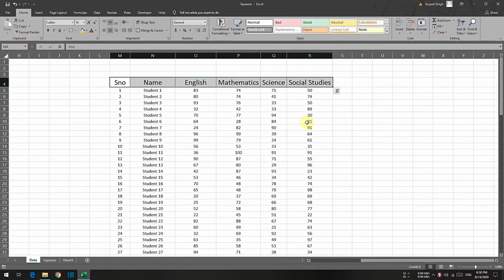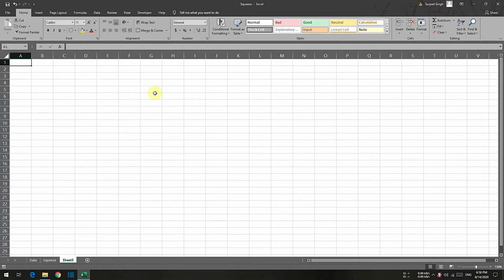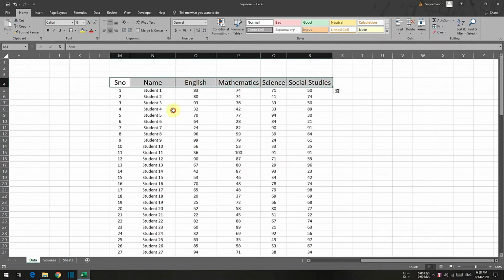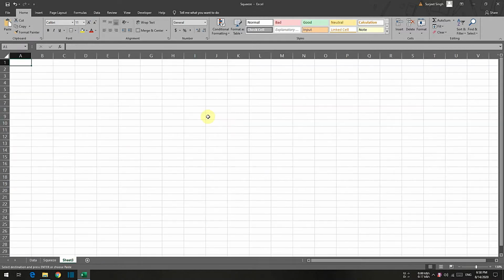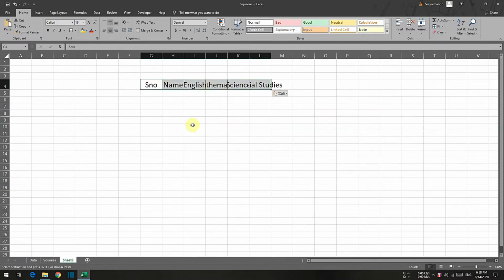To squeeze this data, or to showcase this data in a smaller portion, I have used a new sheet where we will learn all the steps required. So I will quickly copy and paste the required heading here.